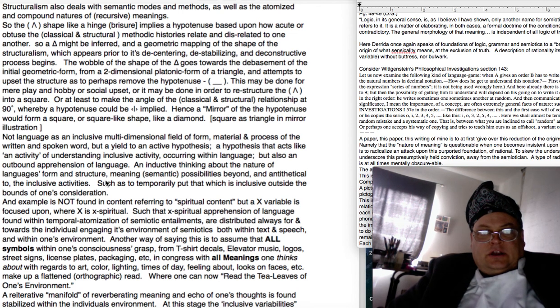The destabilizing and deconstructive processes begin. The wobble of the shape of the triangle goes forward. The debasement of the initial geometric form from two-dimensional Platonic form of a triangle, and attempts to upset the structure as to perhaps remove the hypotenuse. This may be done for mere play and hobby or social upset, or it may be done in order to restructure the